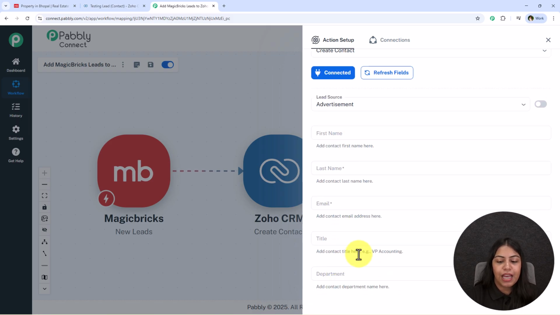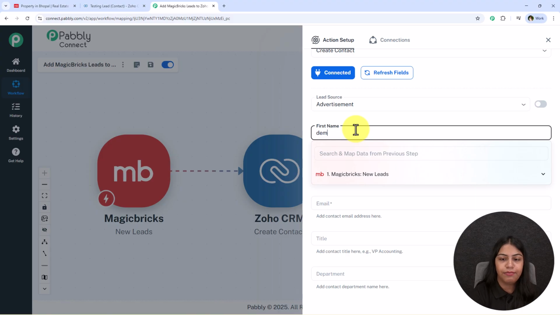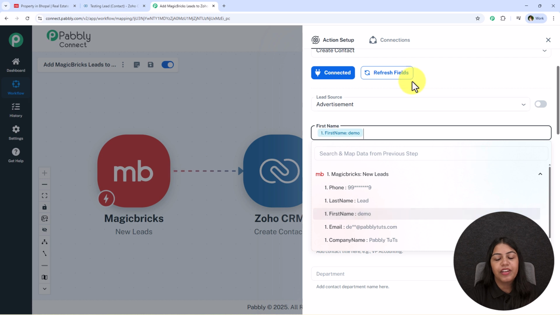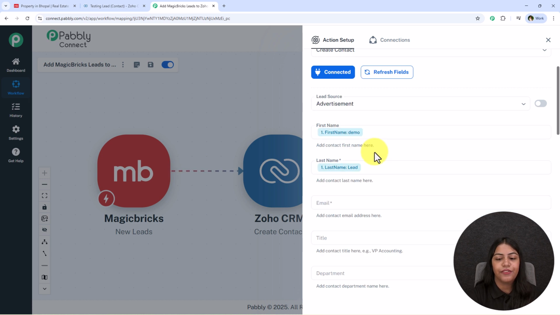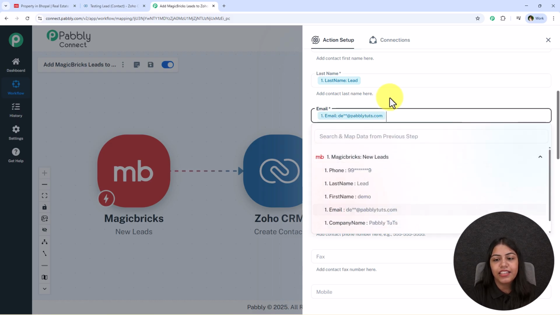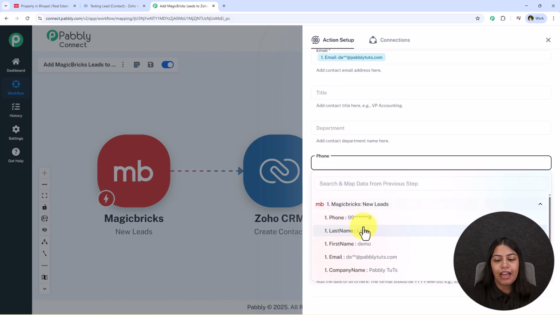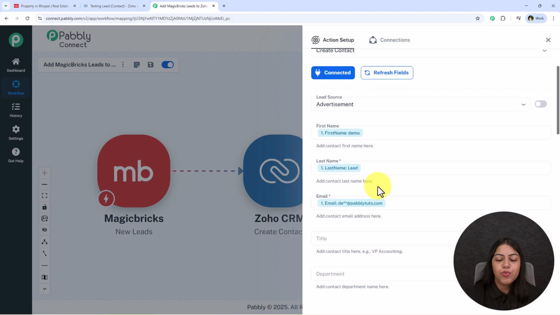Now one by one I'm going to add the lead details, but we are not going to enter it manually by tapping it like this, but instead we are going to map it. So you must be wondering what is mapping. Mapping is a method by Pabbly which means inserting the data from the previous step. And when we insert the data from the previous step, automatically our data becomes dynamic and changes with every new